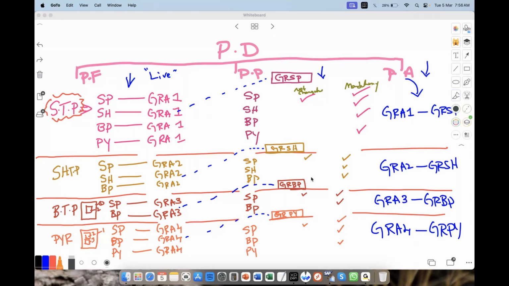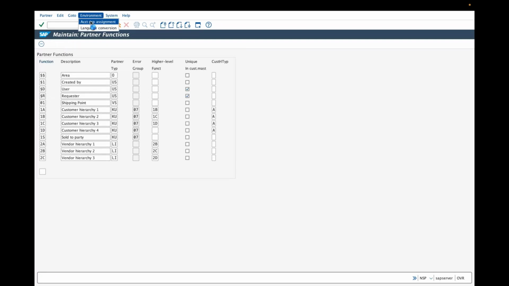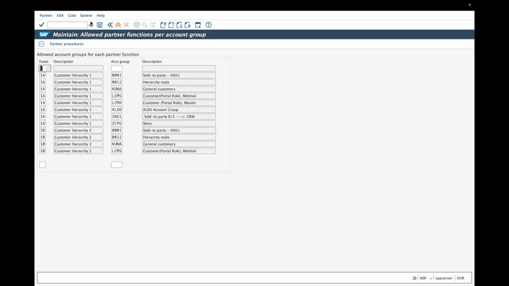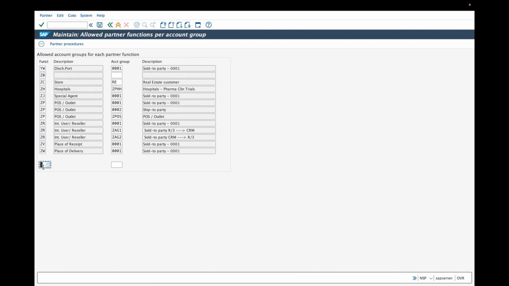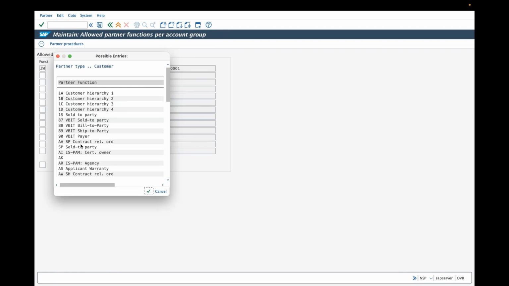Okay, done. Now VOPA, partner functions, environment, account group assignment, going to the last page, giving the last entry, and select the function from the drop down. Preferred always select from the drop down. Sometimes if you give it manually, it may not recognize. So to avoid inconvenience,